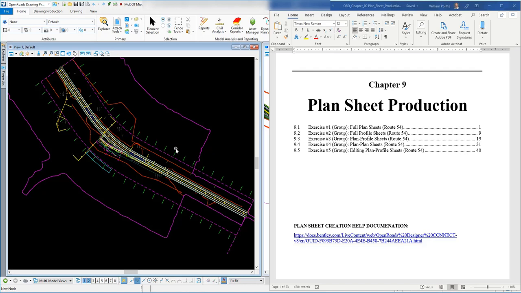This video is going to cover Chapter 9, Plan Sheet Production, Exercise number 1, Full Plan Sheets for Route 54 of our project. So we're at a point where we've created the corridors, we've got our templates in there, and everything looks good. We're ready to create some plan sheets. So I'm going to go down to this first exercise